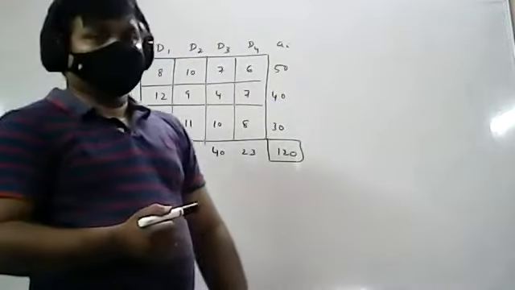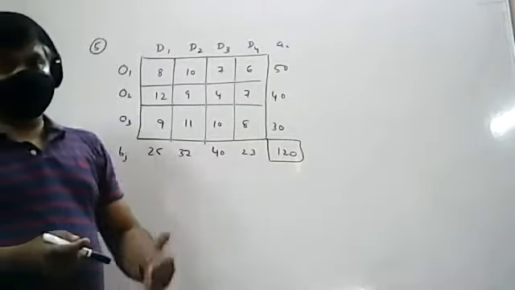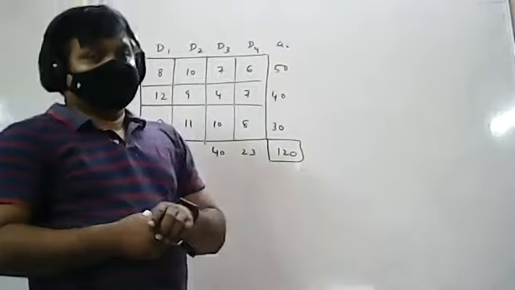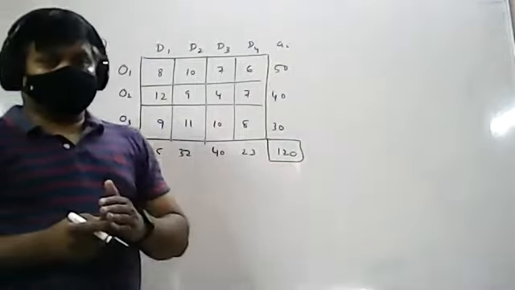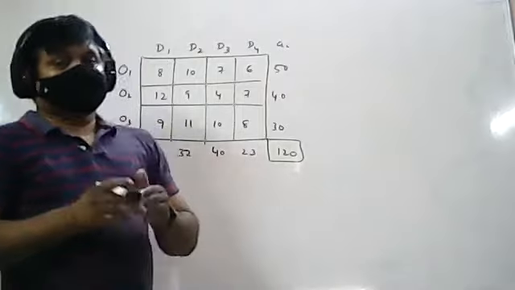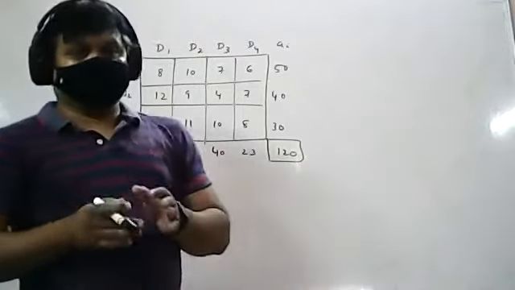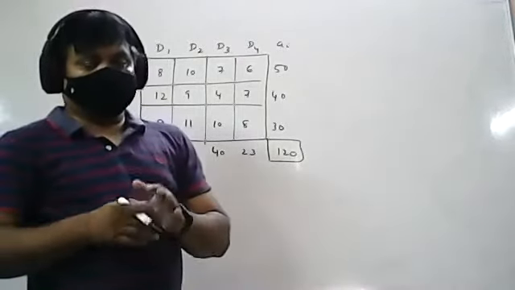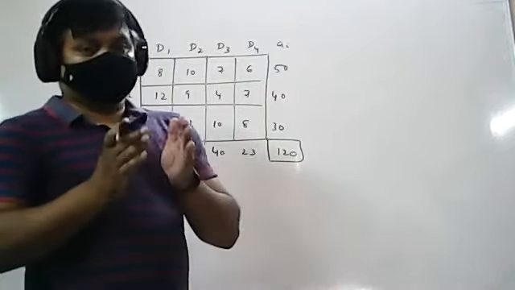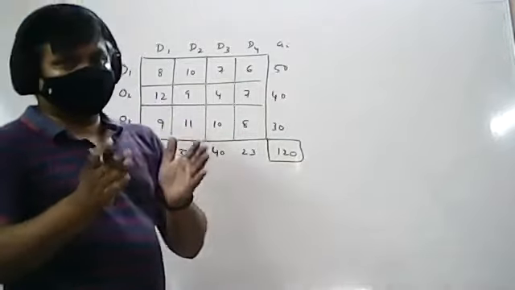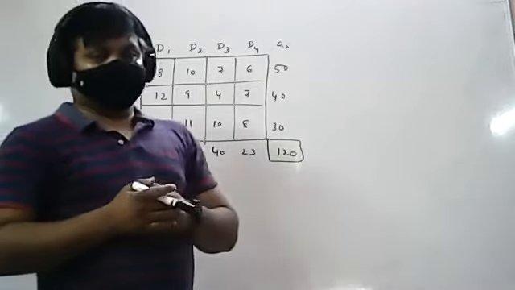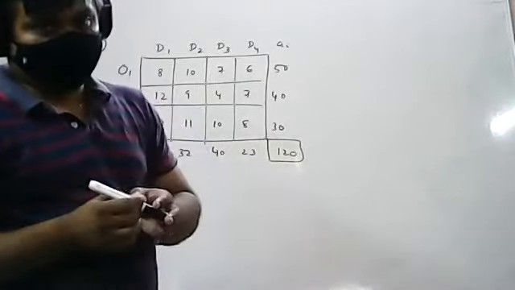That means the second case. What is step number 2? Step number 2 is nothing but the number of occupied cells you have to calculate, and then m plus n minus 1 you have to calculate. In all the previous problems, the number of occupied cells was equal to m plus n minus 1. Sometimes the number of occupied cells is less than m plus n minus 1. You won't get exactly equal, you will get less than. You won't get more than also. So less than means that is a degeneracy case. How to resolve the degeneracy and how to identify the optimal solution to that particular transportation problem.